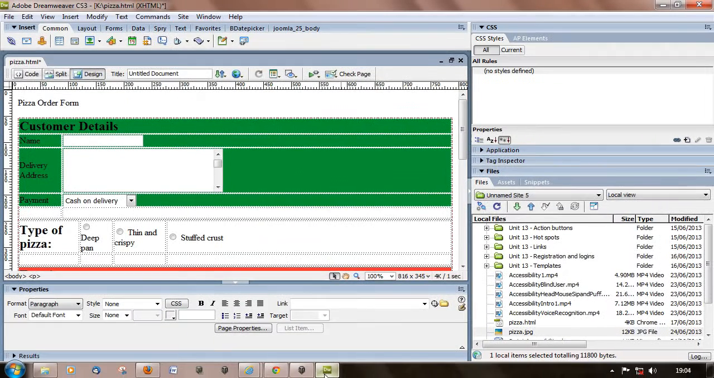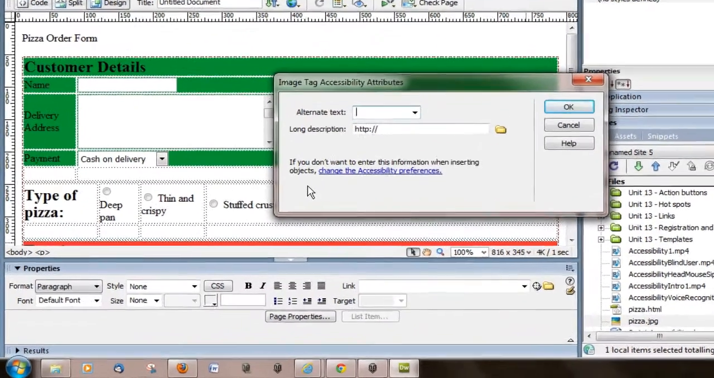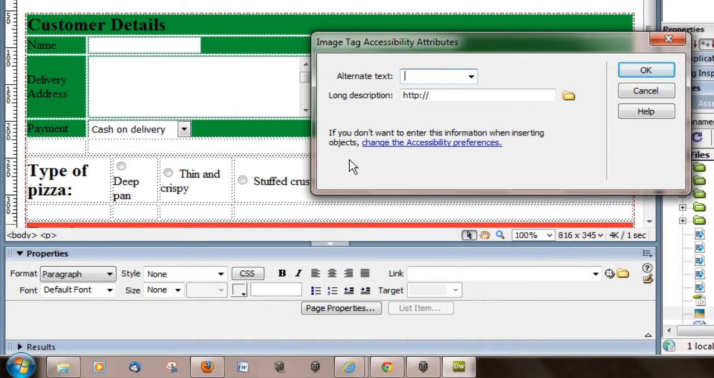Now, how hard is it to add alternative content to a web page? Very easy. Going back to my pizza order form, I want to put in a pizza picture. I've got it stored down here, and all I do is drag that up onto my web page and drop it in there. And I get immediately a key that I should be putting in alternative content. And so I'm going to put in this is my pizza logo